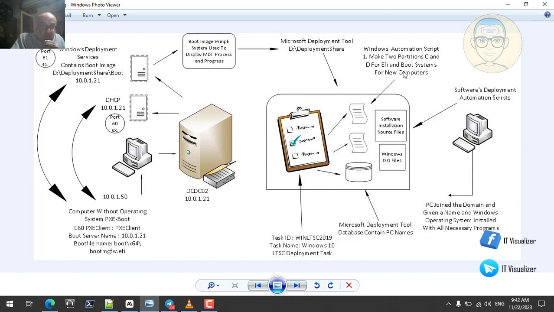Okay, so the deployment process will begin. Everything will be done. As you see here, the Microsoft deployment database contains PC names. At the end, what we will see is the PC joining the domain, given a name, with the Windows operating system installed with all of the necessary programs. So this is the final result. You will have 45 minutes: just power on the machine, and then everything will be done